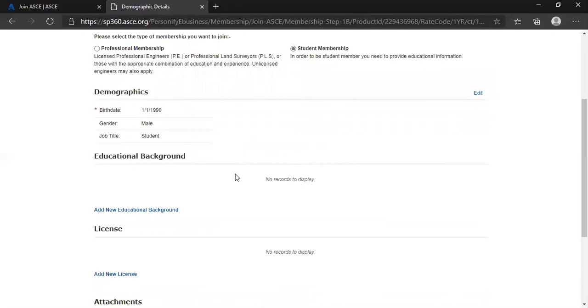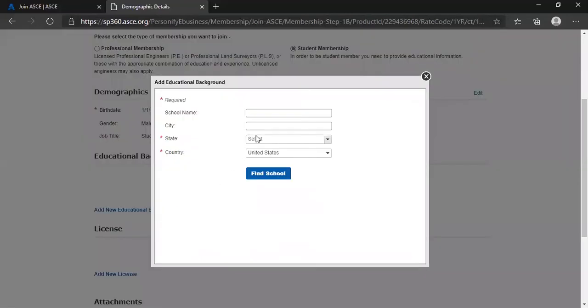You also need to fill this educational background, this is a very important step, because this is the step where you will show that you are a student of the KIIT University chapter, and only then will you get free access, because our university is already paying for the annual fees. So you will get free access to ASC student membership, or else you need to pay for it.